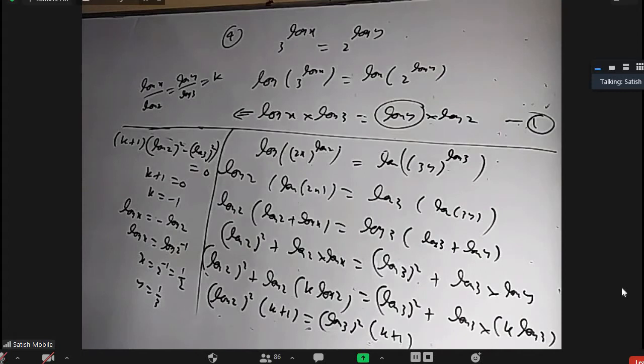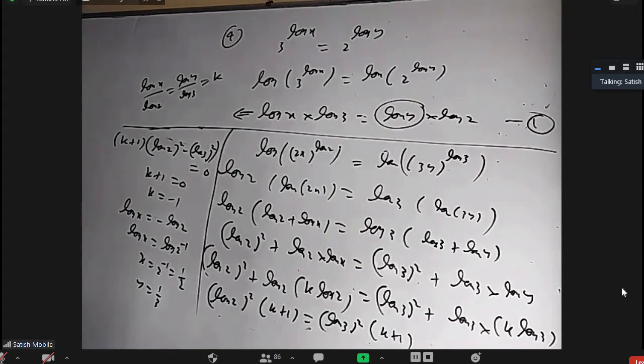One more thing about this last question, the fourth question, which is on the board. At first look, it may be difficult to solve and it's quite lengthy anyway. But substituting the answer and realizing that it is correct is very easy. Put back x equal to 1 by 2 and y equal to 1 by 3 in the question. What will happen to the first equation? 1 equal to 1. Yeah, 1 power log 2 equal to 1 power log 3. That is very easy to understand, right?